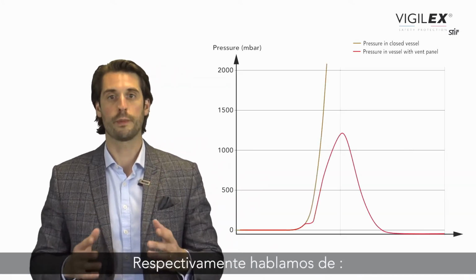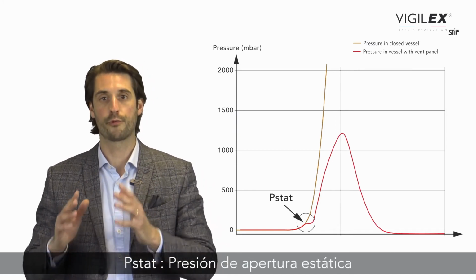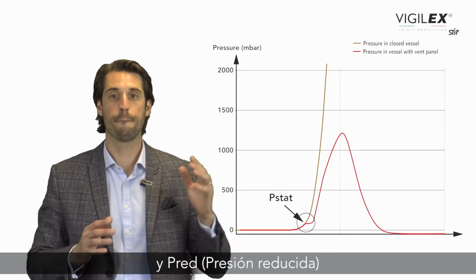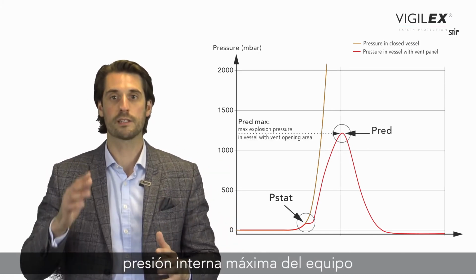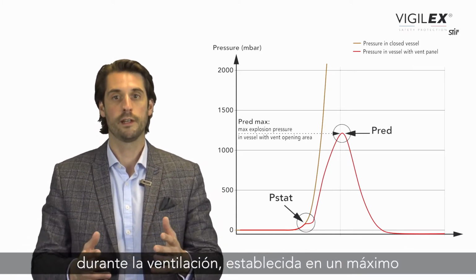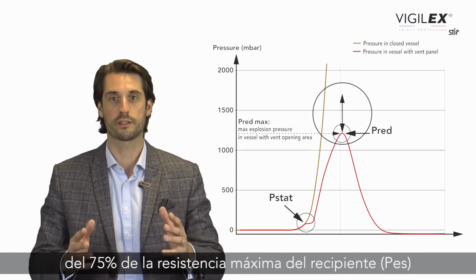Respectively, we talked about Pstat, static opening pressure of the venting device, and PRED, pressure reduced. It is the maximum internal pressure of equipment during venting, set at a maximum of 75% of the ultimate strength of the enclosure,